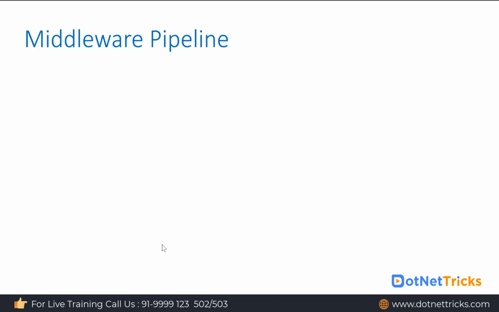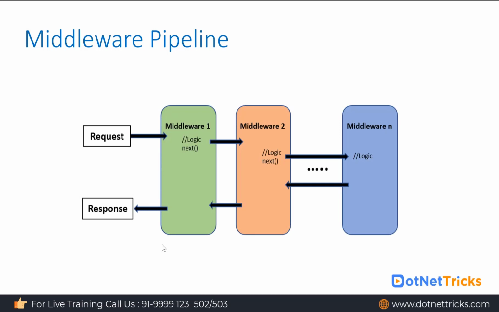Now let's have a look at the ASP.NET Core middleware pipeline. Middleware, I said, we use before the request processing and before the response rendering on the client side. In middleware you can write your own custom logic which is going to be executed before the request execution, and there can be n number of middleware. In the middleware there is a next method. This method will move the execution to the next middleware after executing the logic which you have written in the middleware. In the next middleware too, your custom logic will be executed, then with the help of the next method it is going to move to the next middleware, and so on.